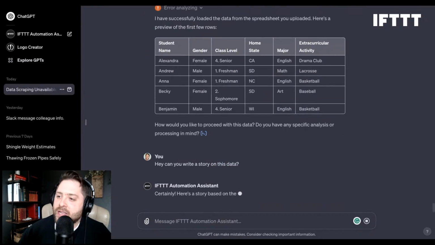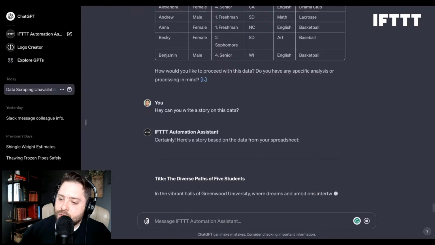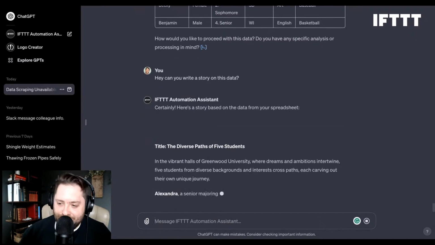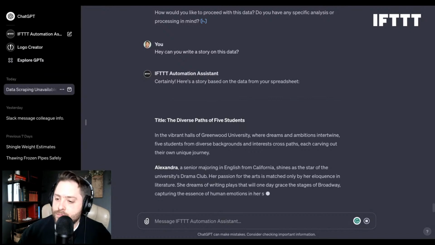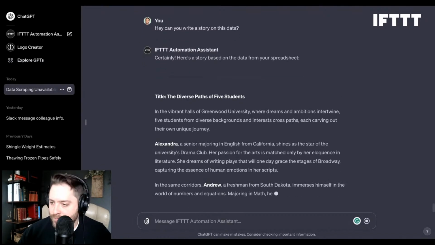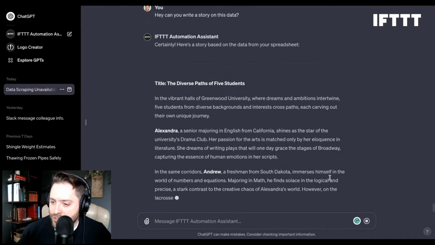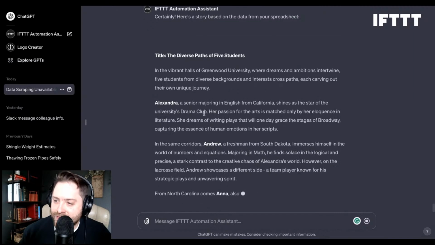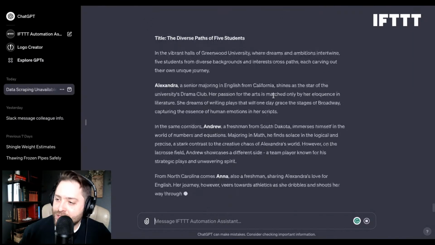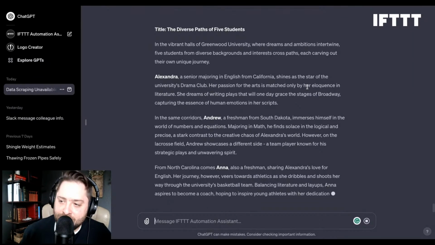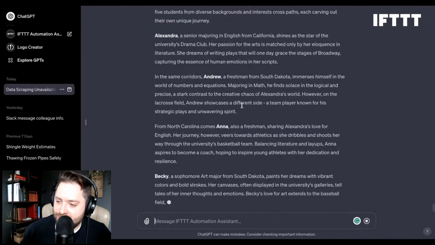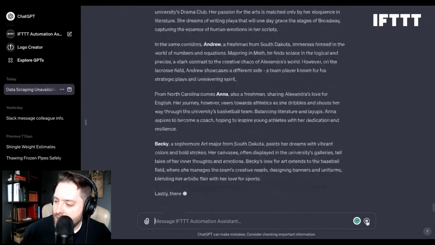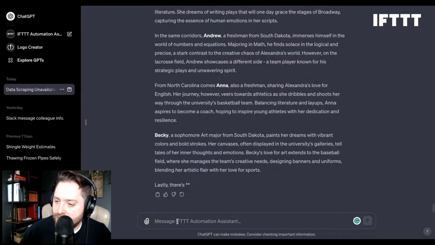So it basically has all this data. Now it's going to generate this narrative on what the data means. I might even just pause it. Alexandria, a senior majoring in English from California, shines as the star of the university's drama club. Okay. So it's telling me the story, and then they'll pause. I just want to quit it because it will go on forever.